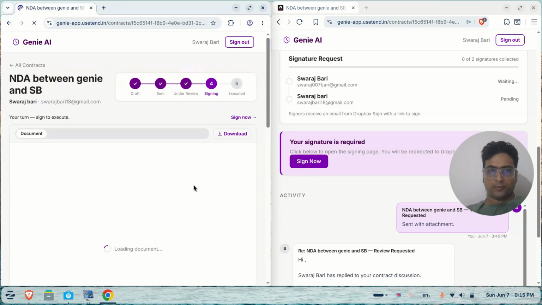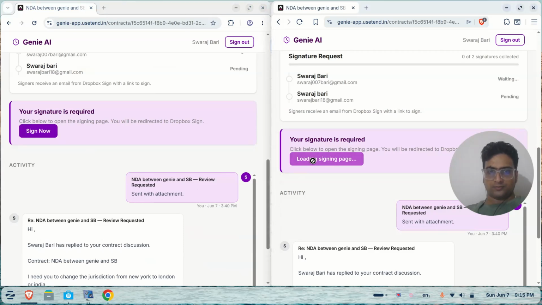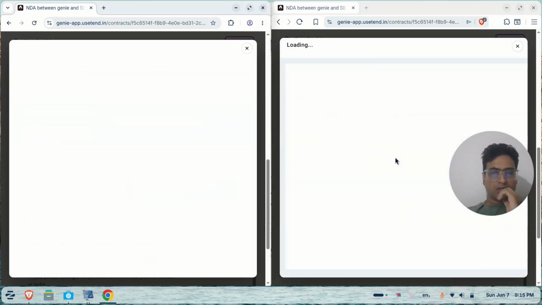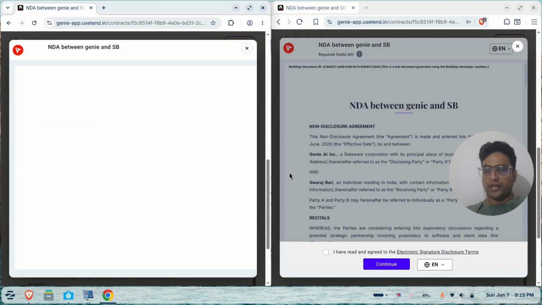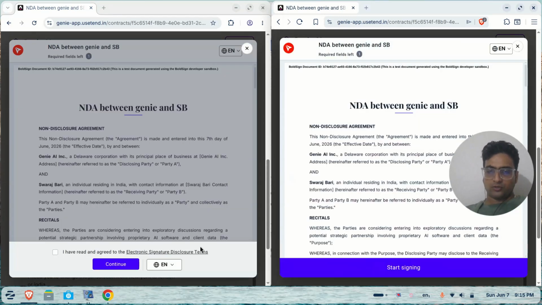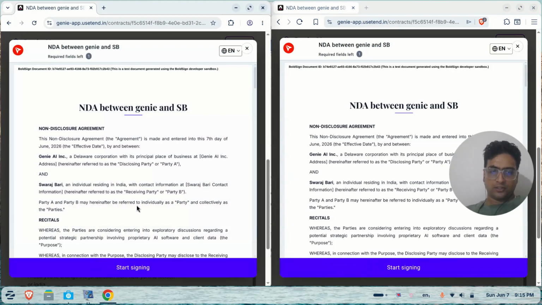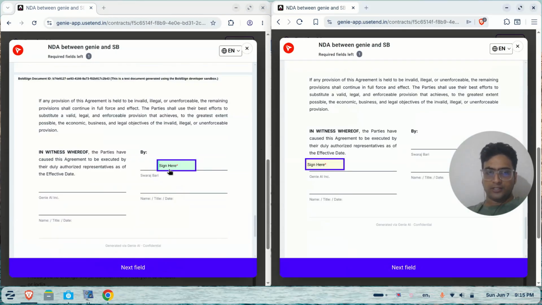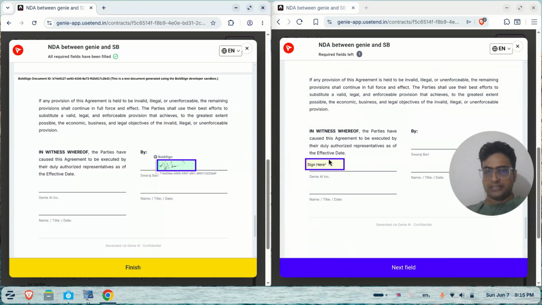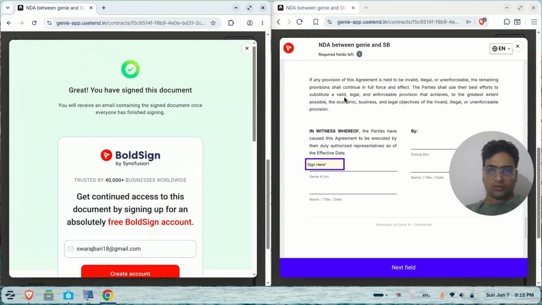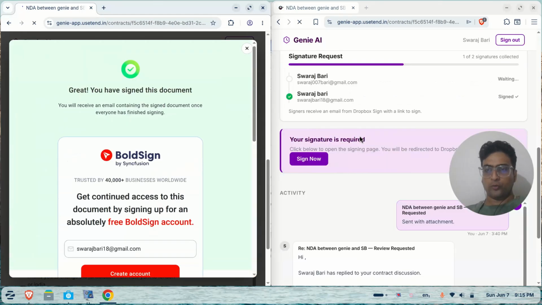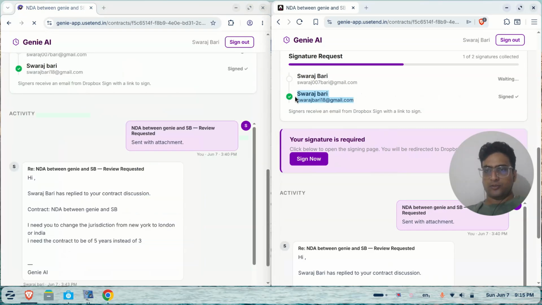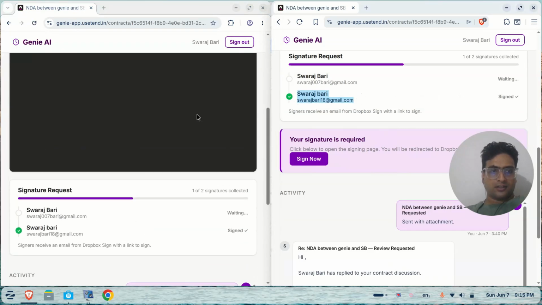I'll just compare the two also, just to confirm that each person has to sign their own part of the document and not someone else's. So here we can see I have to sign this part, and the GenieAI signature, which is also my account only, has to sign this box. So I'll just finish. Now this dialog should close because the document version will update, and we can see Swaraj Bari has signed here, right? And here also